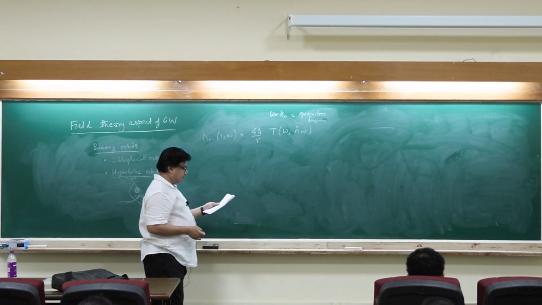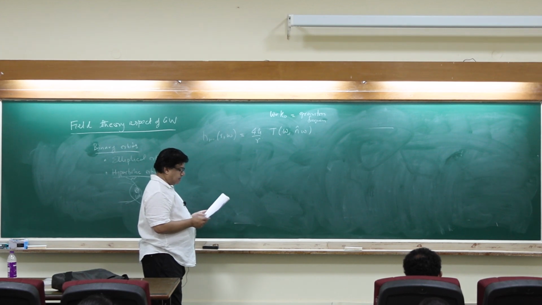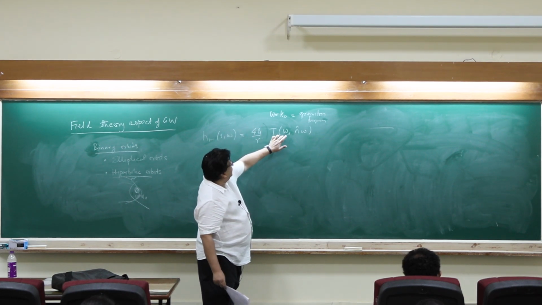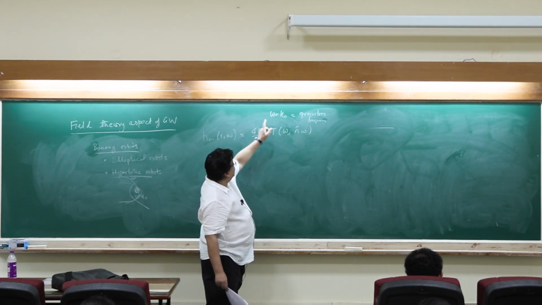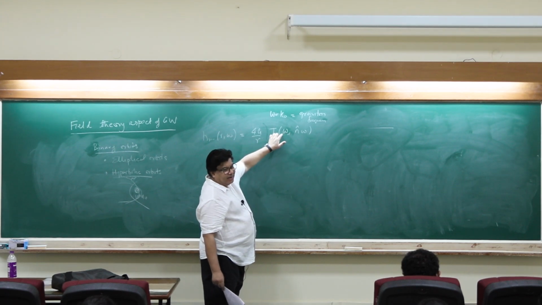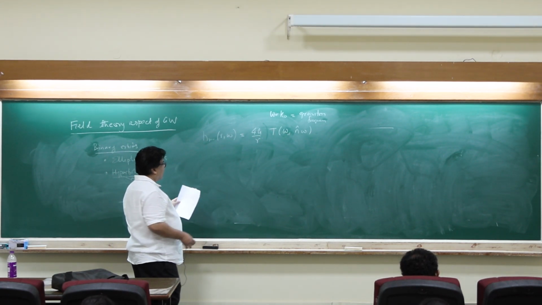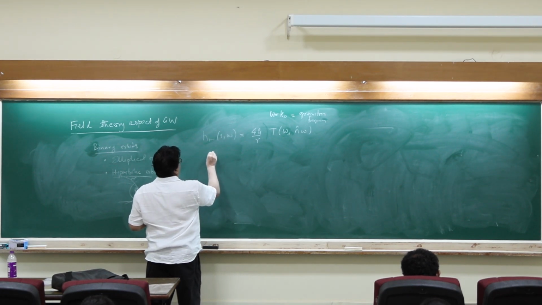Which means that I want to directly do the momentum space calculation without doing this integral over omega and getting the time. So in a hyperbolic orbit, you think of it as